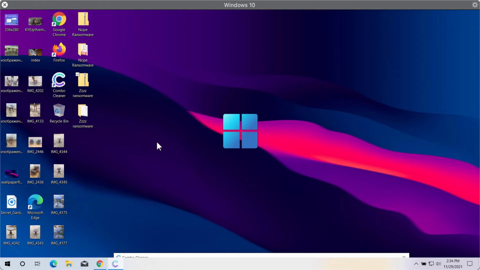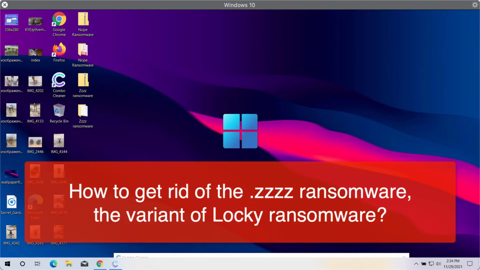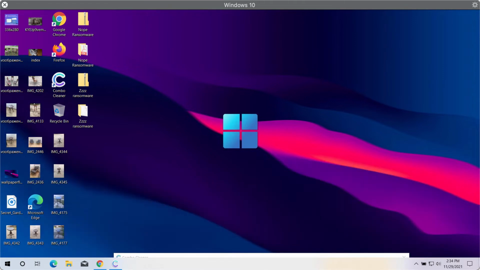In this video guide, we will give you instructions to remove the ransomware that is called Zzzz. The ransomware is the new variant of Locky ransomware. Apart from minor differences, it is also identical to Thor, Odin, and ASR ransomware. Following infiltration, Zzzz encrypts various files using asymmetric encryption algorithm and renames them in a special manner, eventually adding the